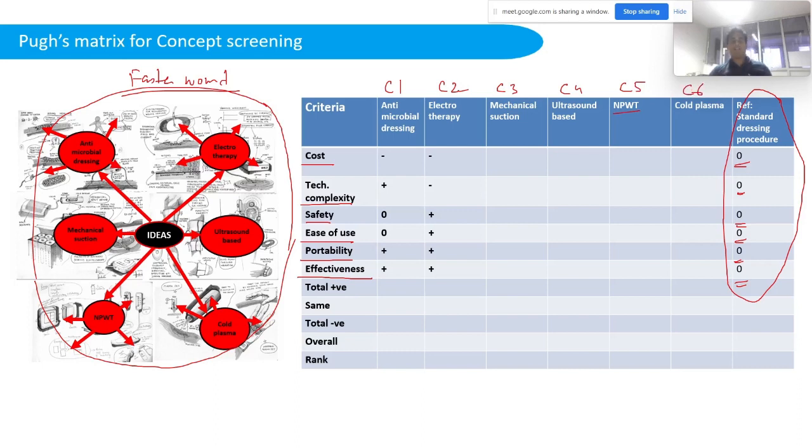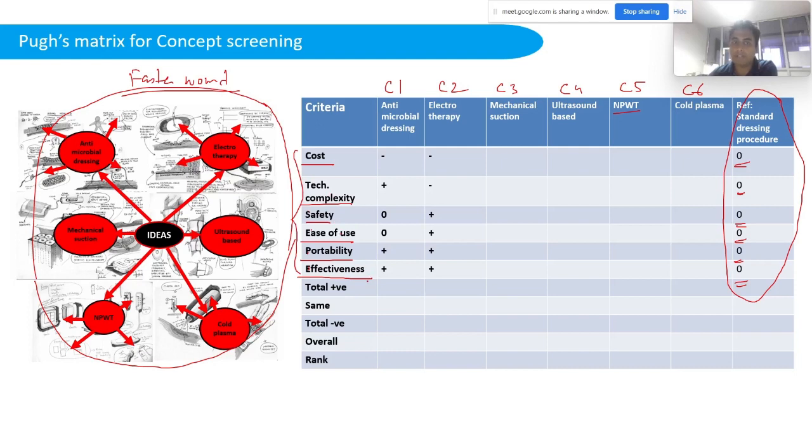Okay, so I grouped all those concepts and tried to see how those can be used via a Pugh matrix to select the best possible concepts that we can go for. Basically we had one, two, three, four, five, six criteria: cost, tech complexity, safety, ease